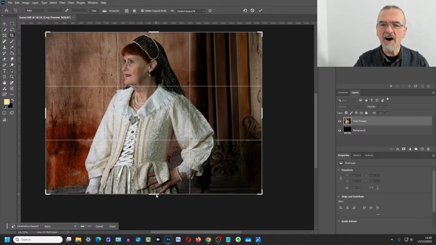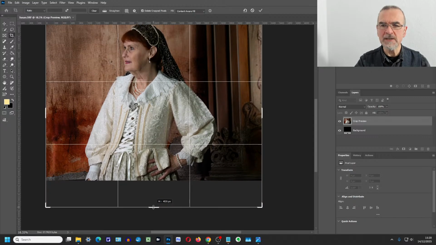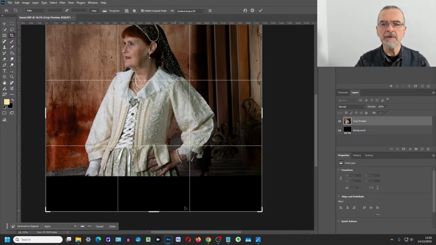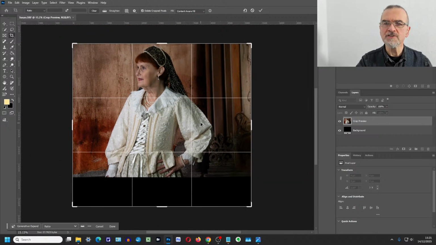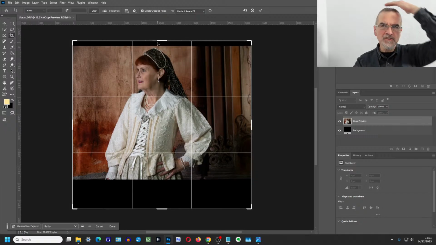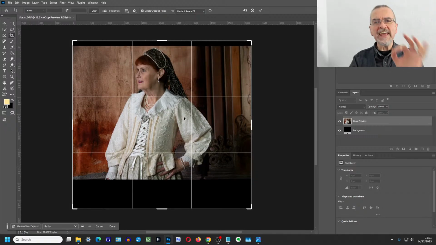In the end, what we would have ideally wanted is a crop about there. It's come down to about mid-thigh, if at all possible. And then you would want a little bit more on the top, just a little bit of a gap there, so that she's not feeling too close to the top. But the next problem is that she's got all this space behind her, which isn't adding anything to the picture either.